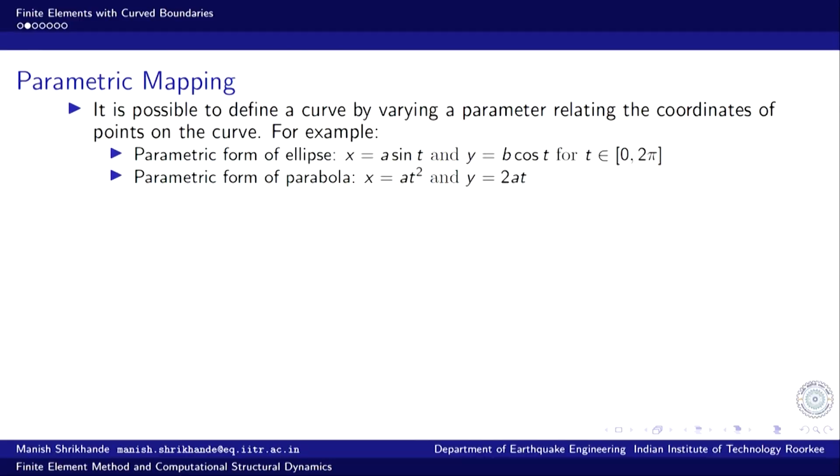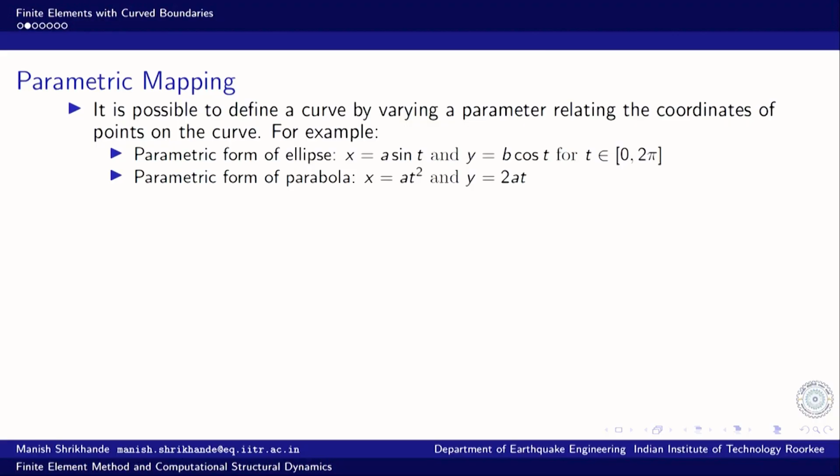Similarly, we can have a parametric form of the parabola. So, x can be defined as a t square and y can be defined as twice a t. Now, we can confirm it by comparing it with the standard equation of the parabola, y square is equal to 4 a x, and you will find that this is what it leads to. Again t can be anything and it will nicely trace out the parabola. So, t can be from minus infinity to plus infinity and it will generate the parabola. So, this gives us power.